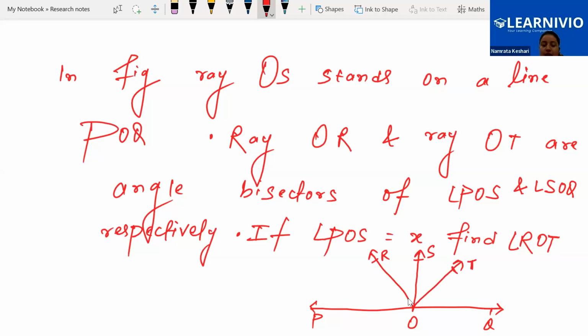This is how we are having the figure. In the figure, ray OS stands on a line POQ. Ray OR and ray OT are angle bisectors of angle POS and SOQ. If POS is X,